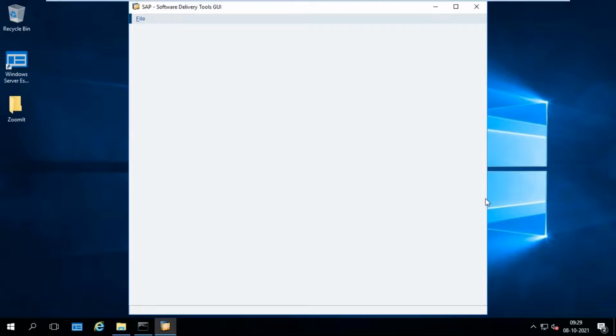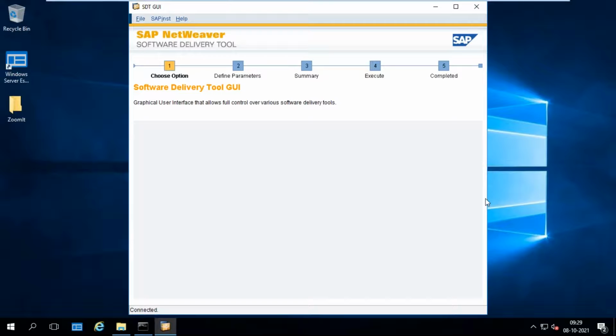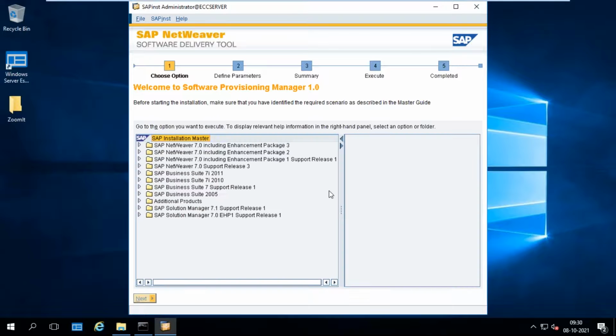So this is the main window for installation. Yes.